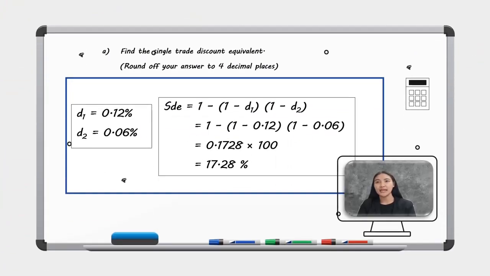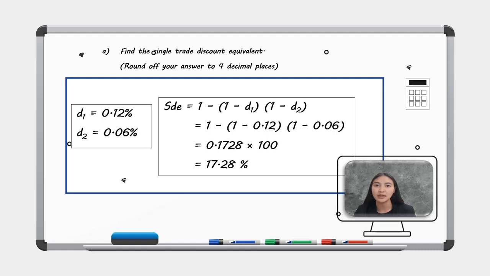Question 2a. Find the single thread discount equivalence. Round off your answer to 4 decimal places. D1 equal to 0.12%. D2 equal to 0.06%. To find the single thread discount equivalence, we use the formula SDE equal to 1 minus open bracket 1